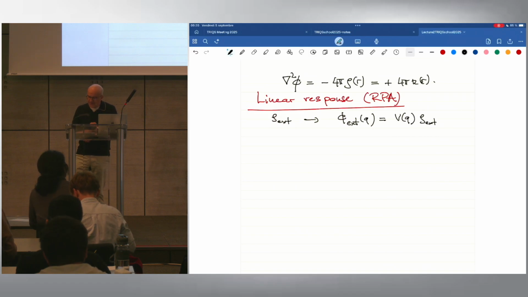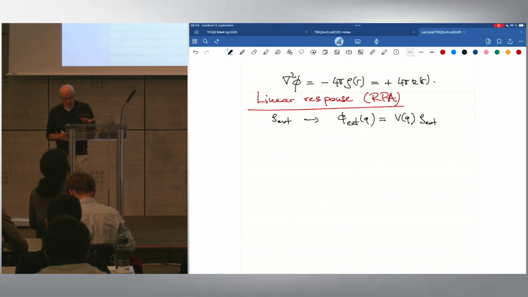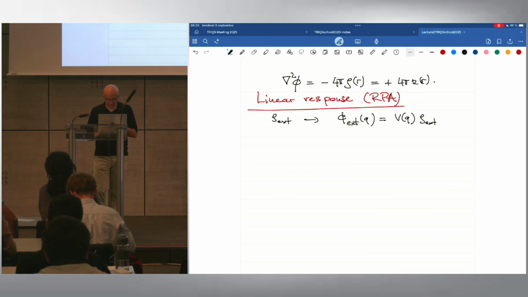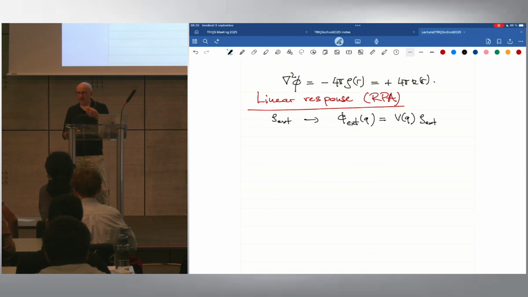And why is this? Well, this is because you see the inverse Laplacian, minus 4 pi over Laplacian, is just exactly this 4 pi over q squared, which is the Fourier transform of the Coulomb potential. Okay, so this is the external potential due to the test charge,